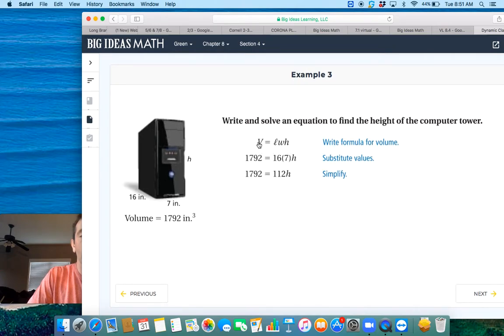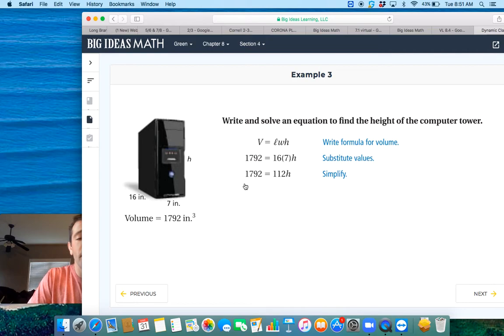All right. Volume is equal to length times width times height. What we're going to do is substitute everything we know in. We know our volume is 1,792. We know our length is 16. We know our width is 7. And what we don't know is our height. So now we're going to apply all our properties of multiplication and addition that we've learned and simplify this. We know we can do 16 times 7 to get 112. So basically, we need to ask ourselves, 112 times what missing height will equal the volume that they told us,